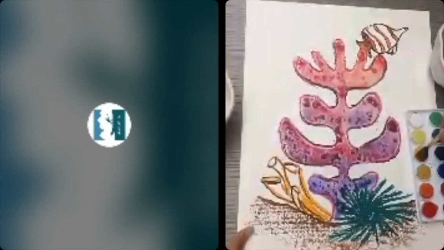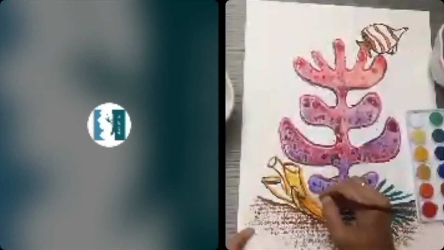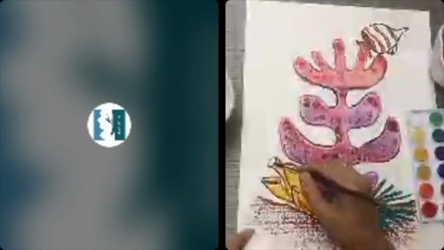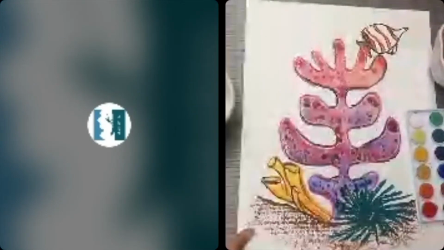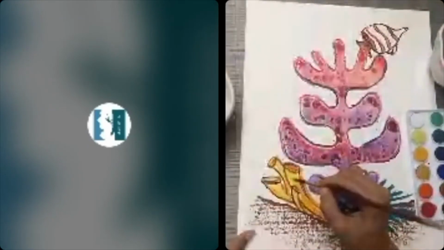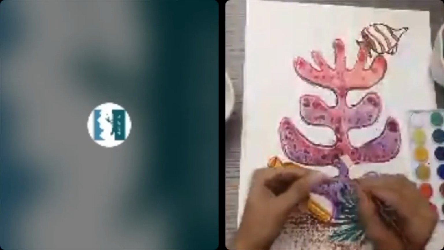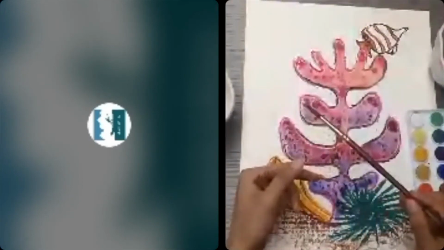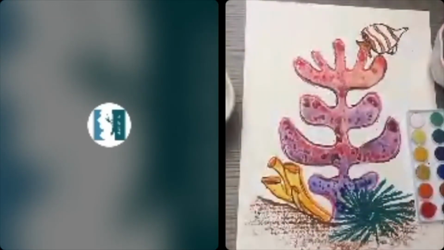A nice bright sunshine yellow. I'm going to fill that in. Those of you working with paints, make sure you're holding your brush close to the edge like this. It helps you control your brush better, not very far away. So make your way a little closer here. How's everyone doing? I hope you've been able to catch up. I hope you're enjoying the rock salt technique, filling up all the other little parts as well.